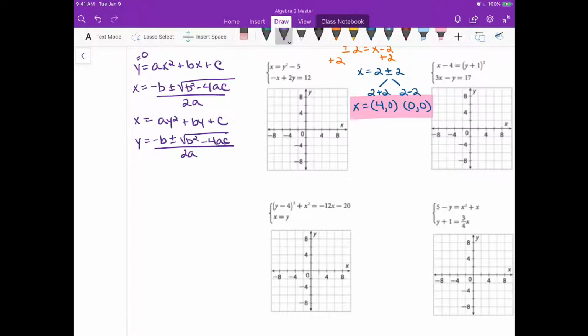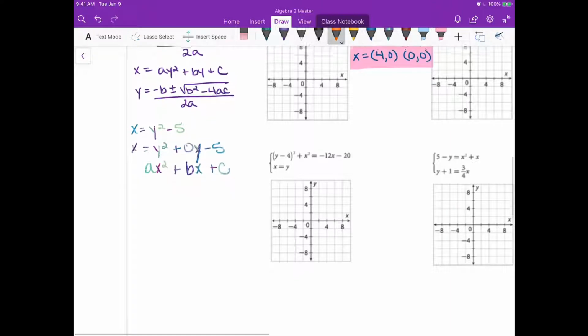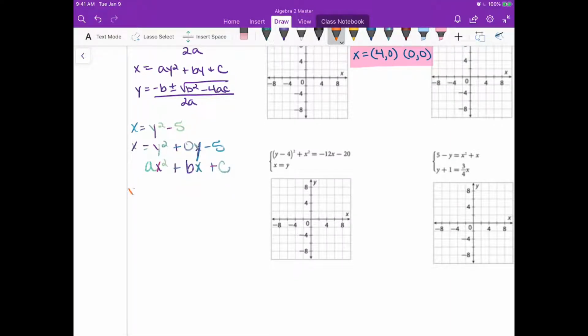So x equals y squared minus 5 is in standard form already because we have x equals y squared minus 5, and we can rewrite that as x equals y squared plus 0y minus 5. And this is an ax squared plus bx plus c, which means that we would have y equals 0 plus